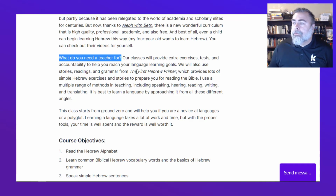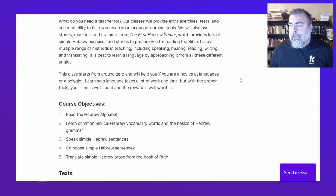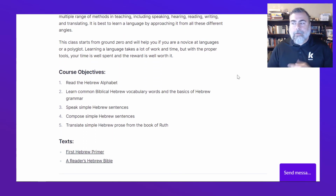So we will use stories, readings, and grammar from the First Hebrew Primer, which provides lots of simple Hebrew exercises and stories to prepare you for reading the Bible. So what are the objectives? Read the Hebrew alphabet, learn common vocabulary words, speak simple sentences, compose simple sentences, and translate simple Hebrew prose from